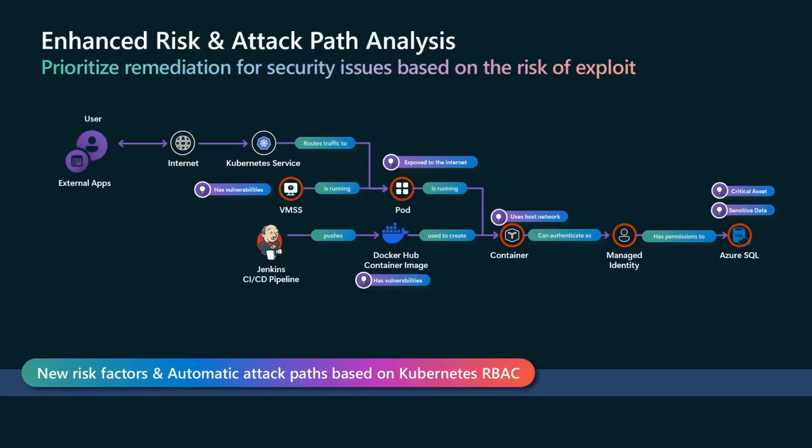It also helps to understand, because there's all sorts of different vulnerabilities, what specific things might be more important than others, right? What is the attack path that takes me from maybe an internet exposed endpoint through the Kubernetes service to a particular pod, back to a vulnerability that's in a container image that was derived from a Docker Hub container image, or whatever the path might be, to help you better understand and better prioritize where you need to focus your current security attention.